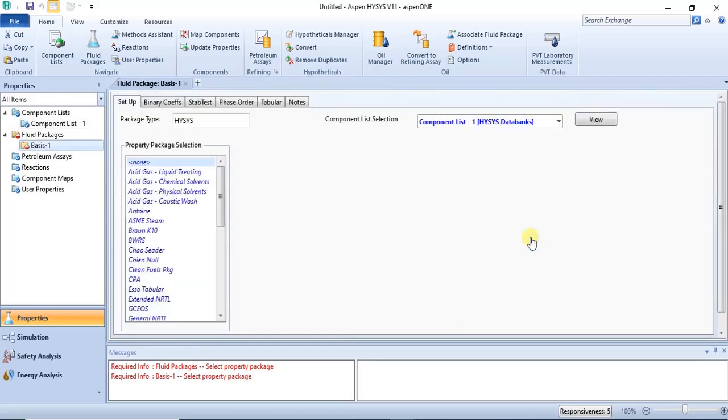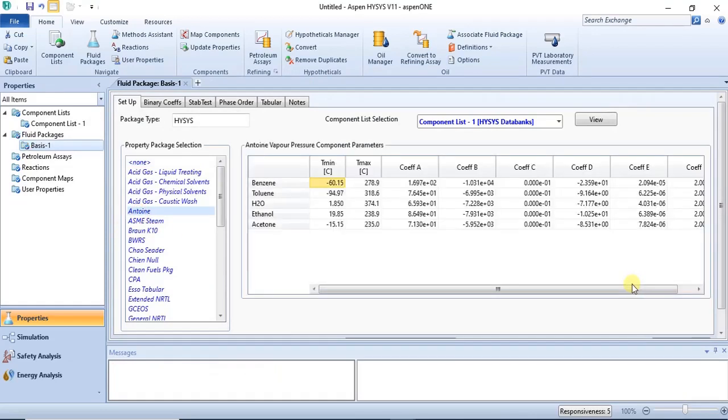Let's say we make use of Antwine for this illustration. Just make use of Antwine for this, so we can go into the